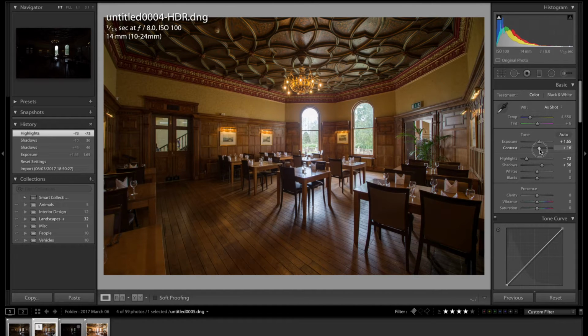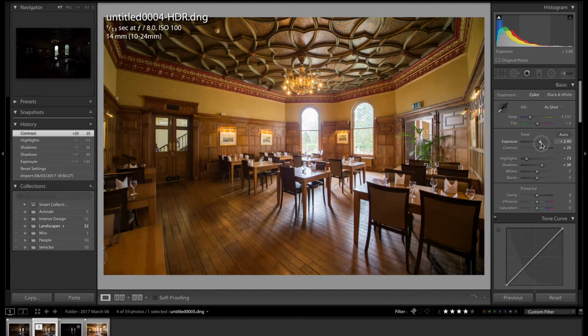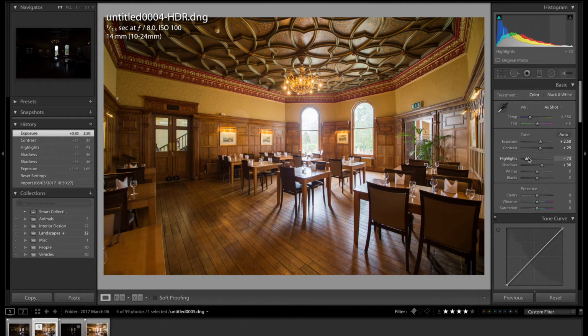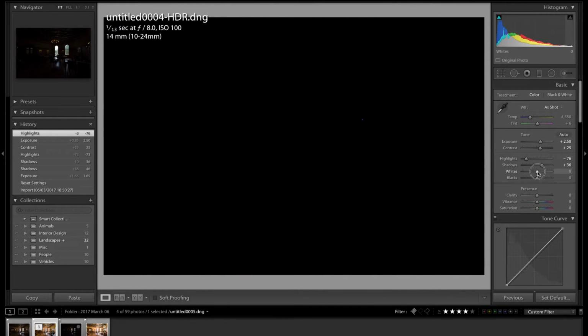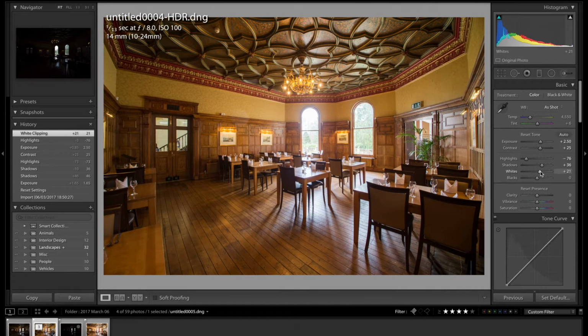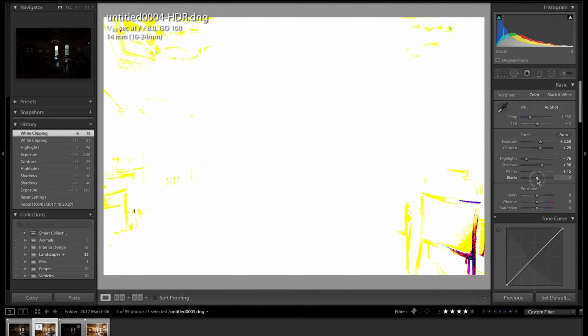Let's contrast up slightly and add a bit more exposure again. Highlights down just a little bit. For whites, we're going to hold down the Alt key and bring that up slightly, not too much. It's going to overexpose again outside, and the blacks we're going to bring down. We've already got a bit